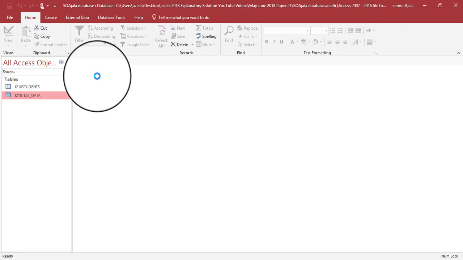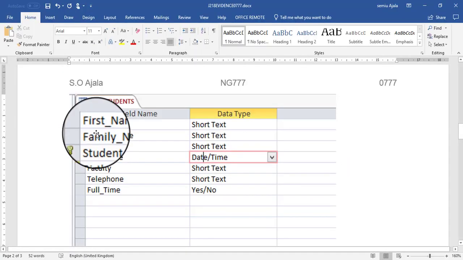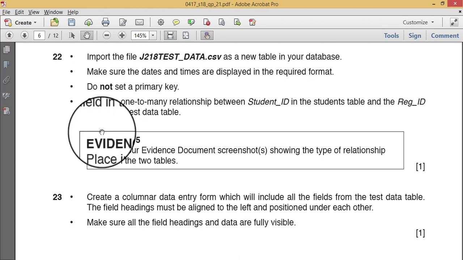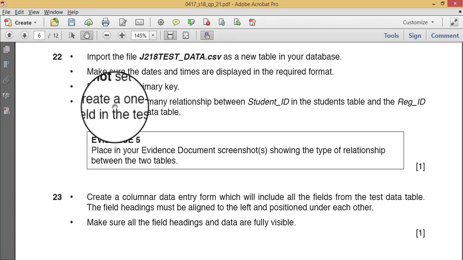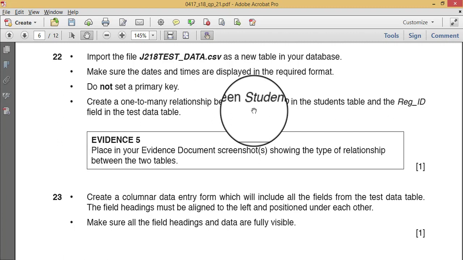Okay? I told you will get it. So there's no way you will not get it. Okay, it's either you get it or you get it. Okay, so create a one-to-many relationship between student ID in the student table and the reg ID field in the